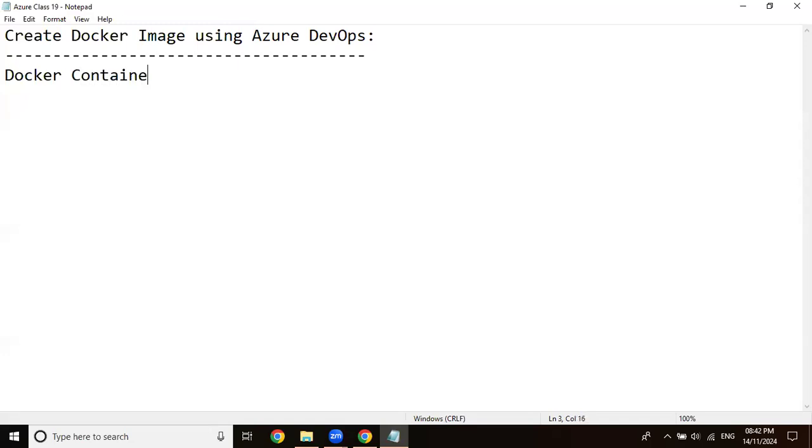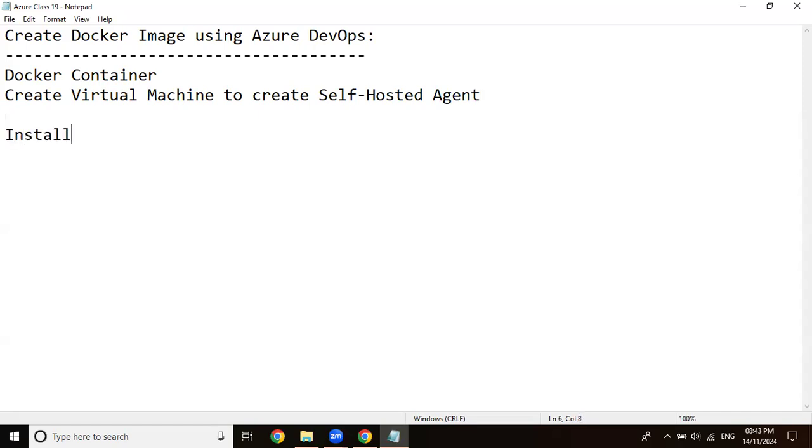Docker container. What is it? You have to create a Docker container, and you have to create a virtual machine to create an agent, right? Self-hosted agent. Okay. In this agent, what you have to do? You have to install. First you need to